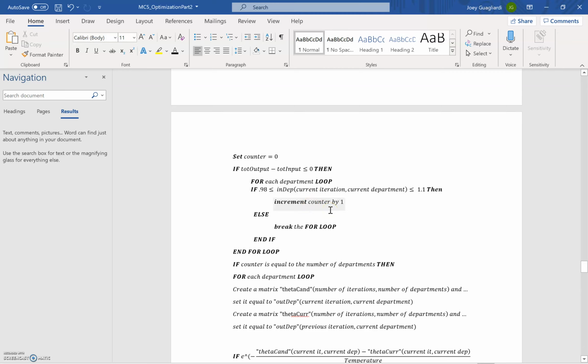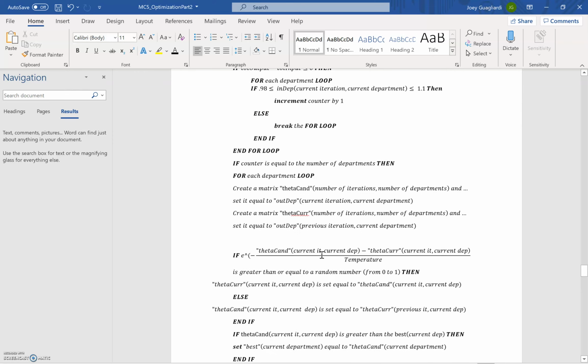So they should be 1 essentially. And then just to see how many of our departments do that, we increment the counter by 1. And if one of them does not, we want to break that for loop and be done, because we need all departments to be equal to that within those bounds. So then if counter is equal to the number of departments, which means all the departments,